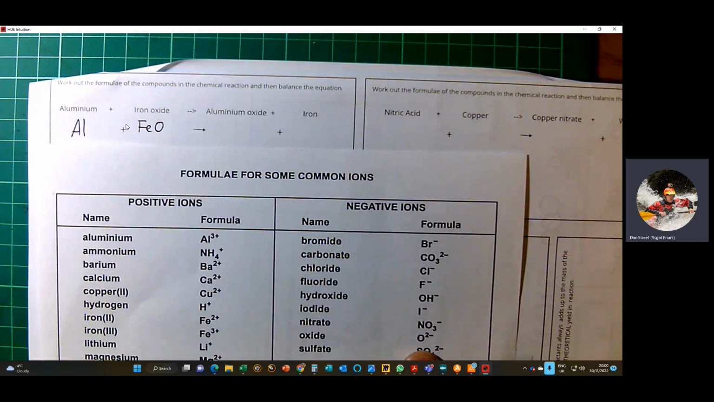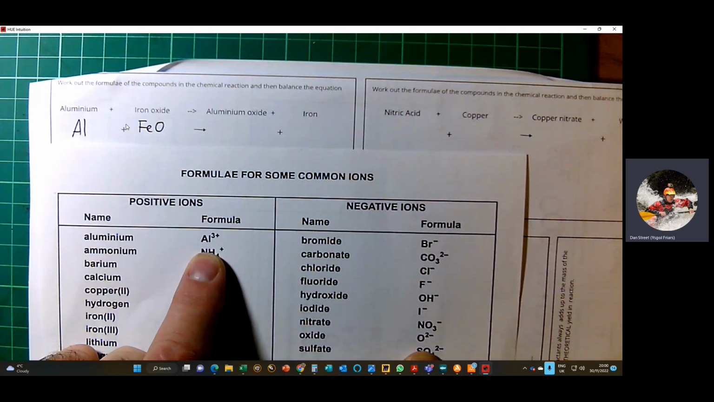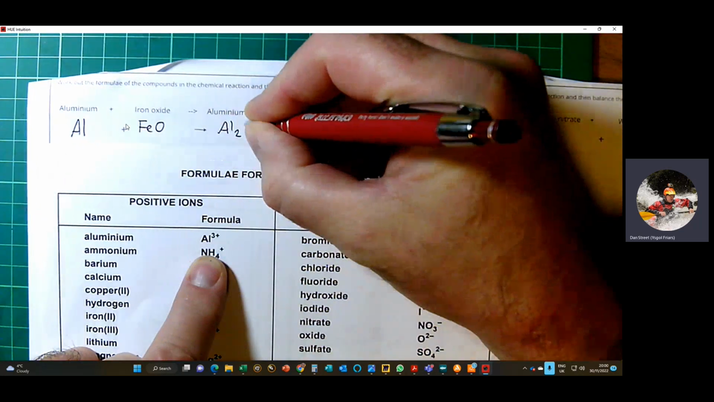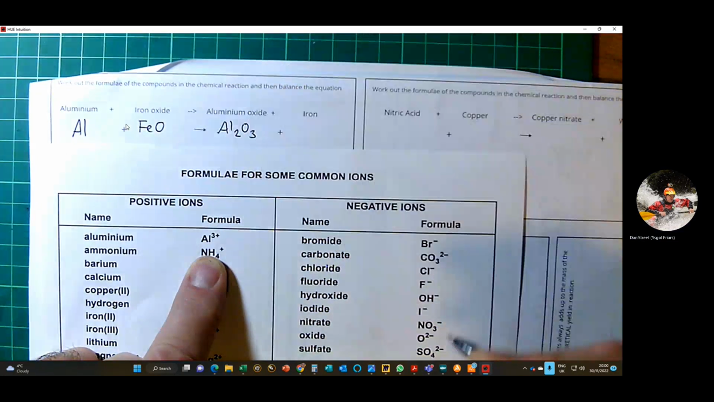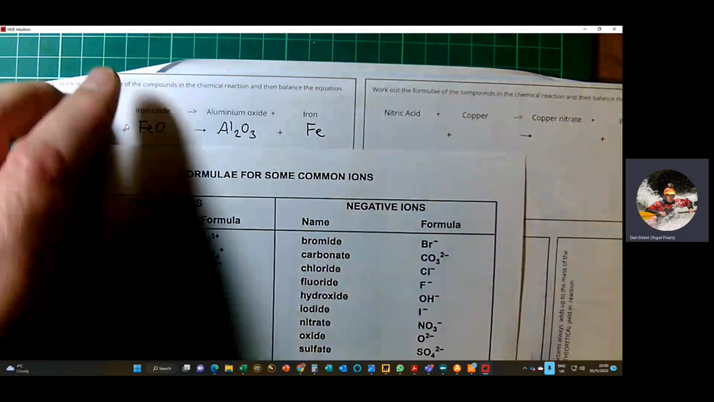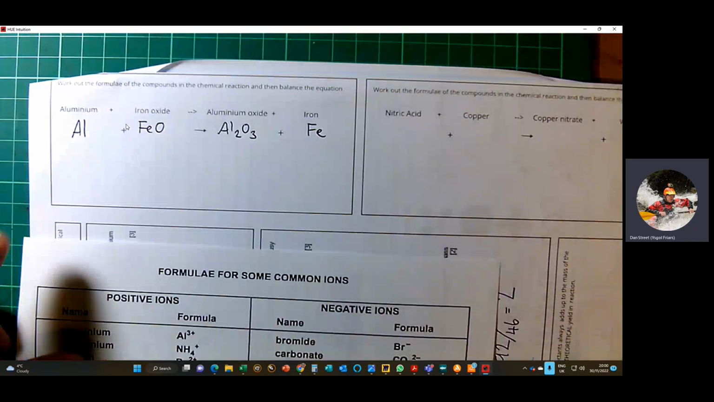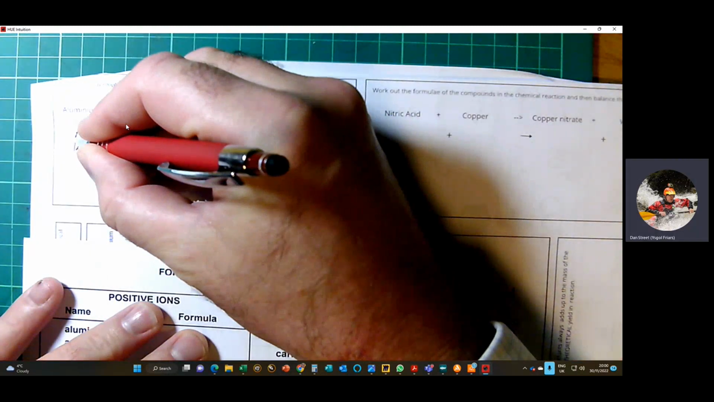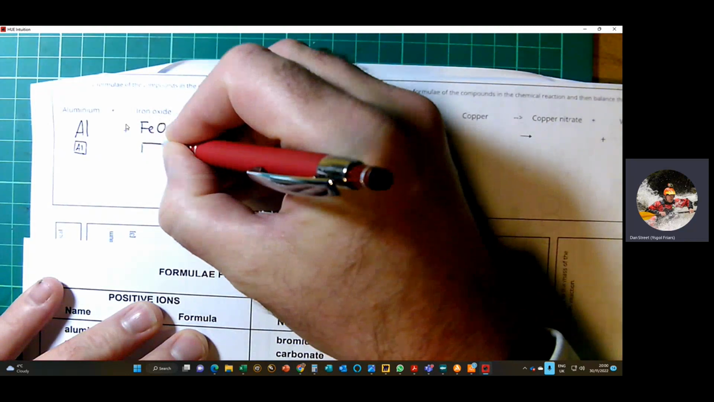If we then moved on to aluminium oxide, then aluminium is Al3+, and oxide is O2-, and so to get a formula with no overall charge, we would need 2 aluminiums and 3 oxides to make sure we had a 6+ and a 6- charge. So that would give us the formula Al2O3, and then iron obviously is Fe. Then if we set up the boxes method, we've got aluminium reacting with FeO